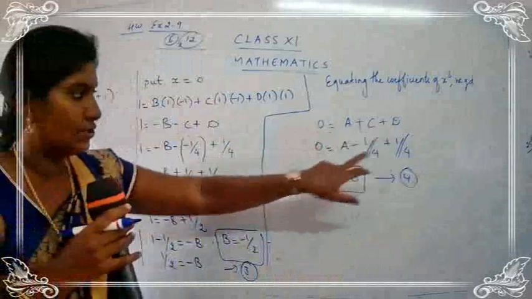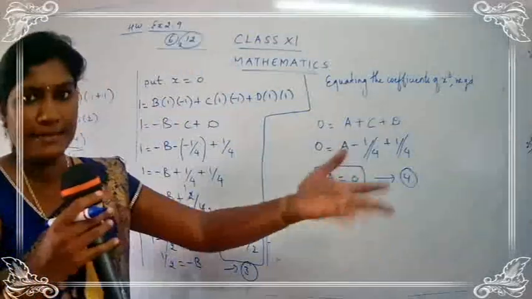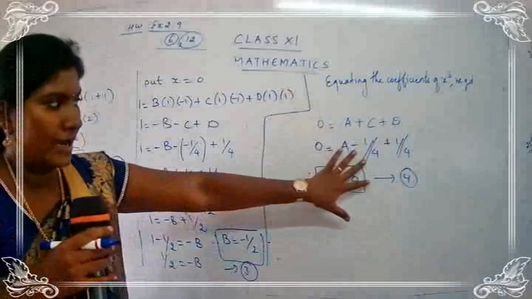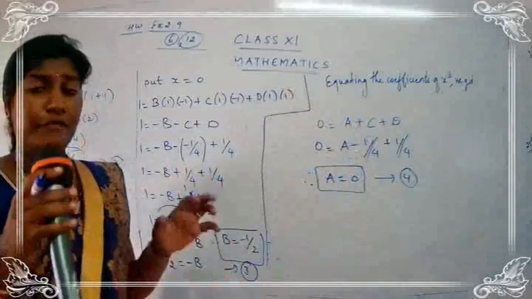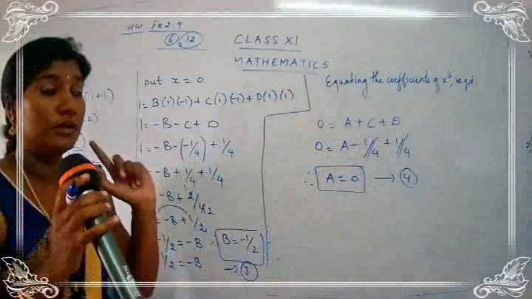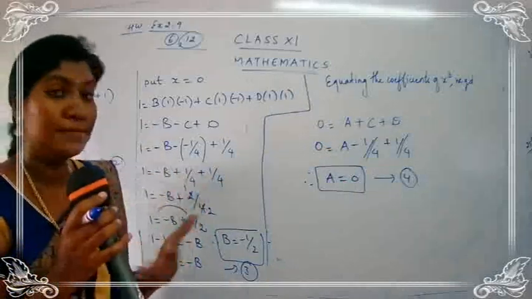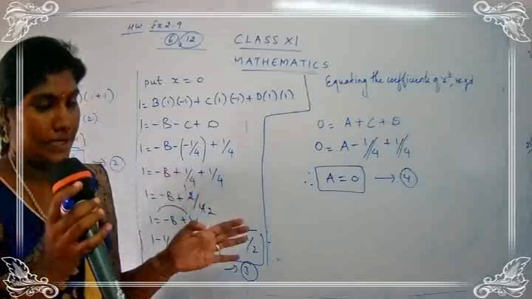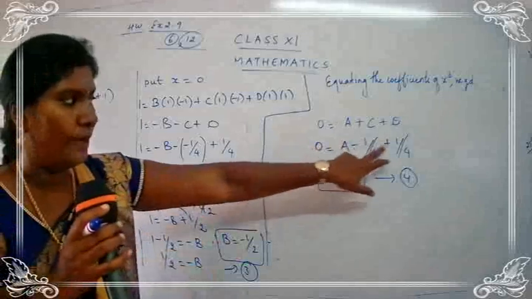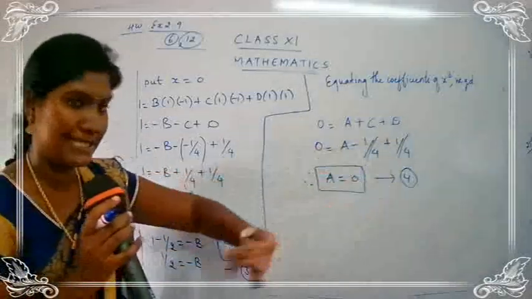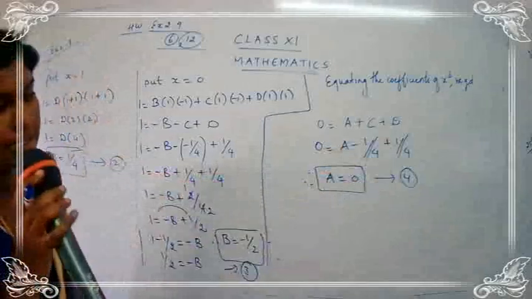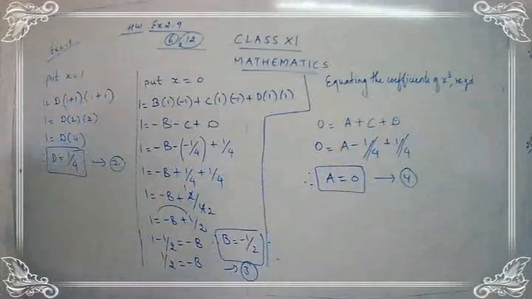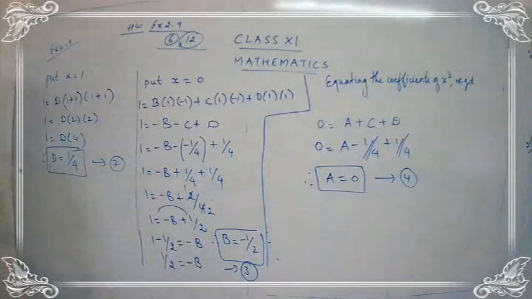a plus c plus d. So a minus 1 by 4, plus minus minus. So I have substituted here directly. If you have plus sign, no need to worry. If you have a negative sign, we have to be very careful because when we are dealing with a negative sign, some signs may change. So a minus 1 by 4 plus 1 by 4. Minus 1 by 4 plus 1 by 4 gets cancelled. And what is left here? a is equal to 0. So we have found all the values, yes children. We have found the value for a, the value for b, the value for c, and also the value for d.